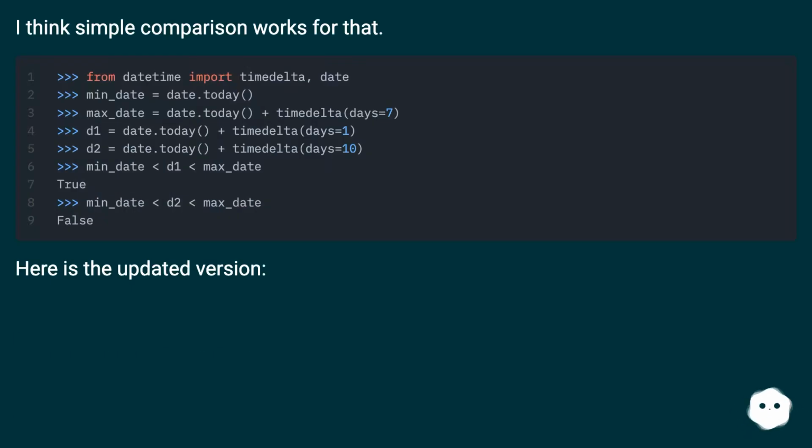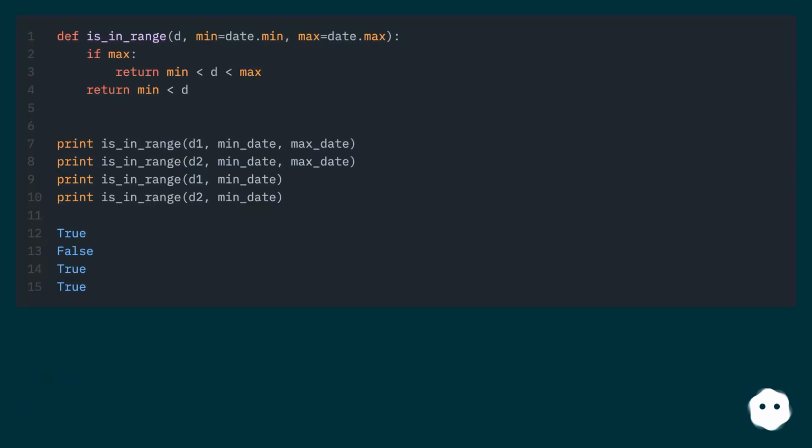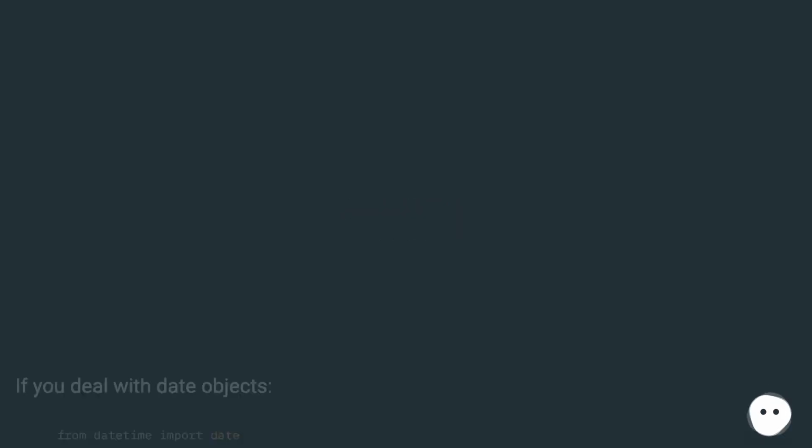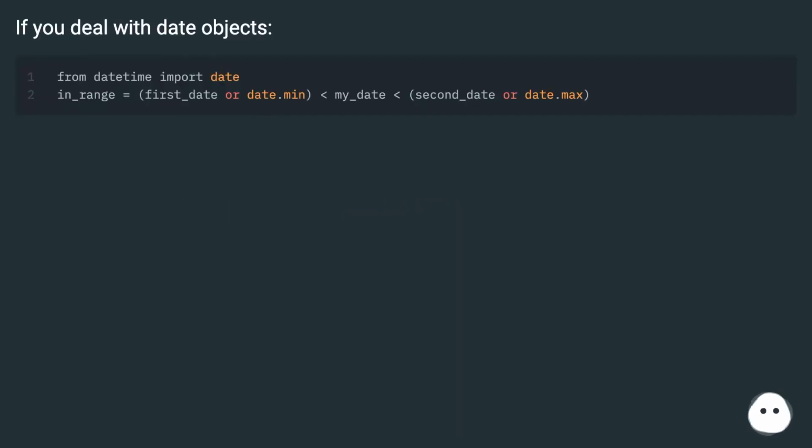I think simple comparison works for that. Here is the updated version. If you deal with date objects,